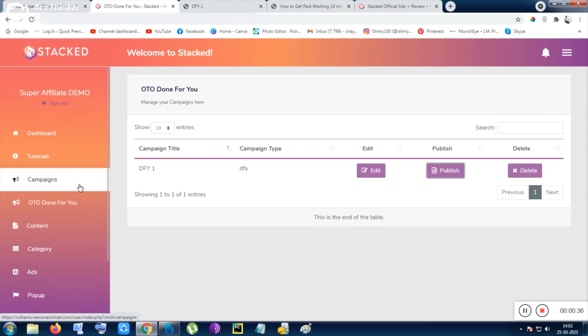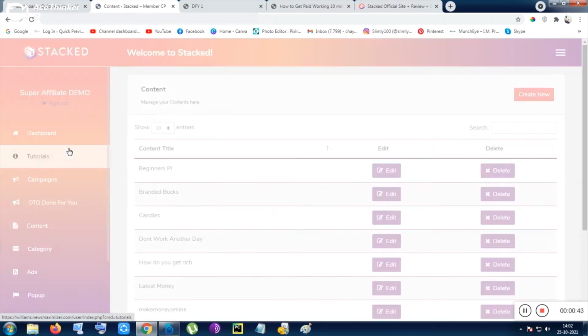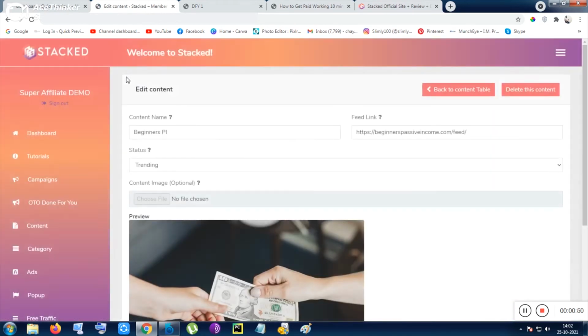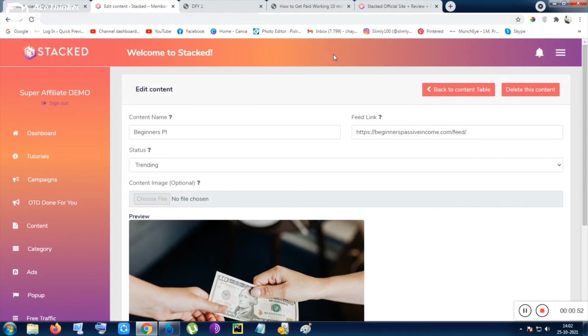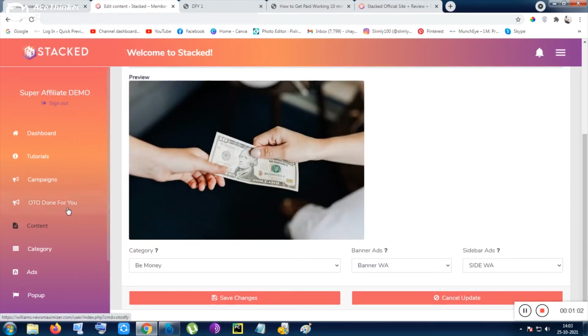websites. You can use the blogs in a totally ethical way. For content, you can use the RSS feed also. To create content, you obviously need to use that, and you can also edit any of the content, like the content source. As you can see, the RSS feed link is here, from beginners passive income, so you can easily capture their content, and that will be shown up inside your website. One of the 2 websites, there will be 2 websites inside the front end.